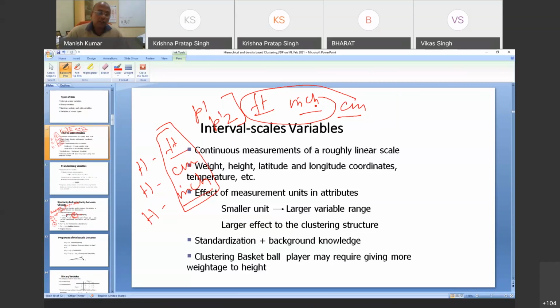Certainly, standardization will be very important. Background knowledge matters: suppose you are not from the same domain and you are doing data analysis of such data, then you should have knowledge of the background. That means you must carry some knowledge of the domain as well. Otherwise, you can have a meeting with the domain holders, understand the requirements of the particular domain, and then proceed with the analysis.